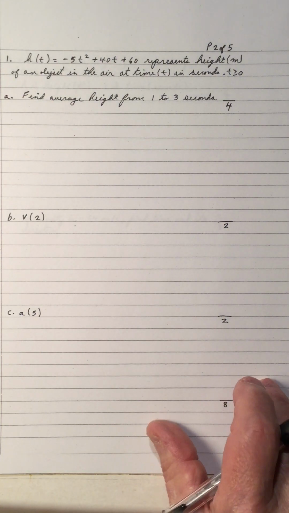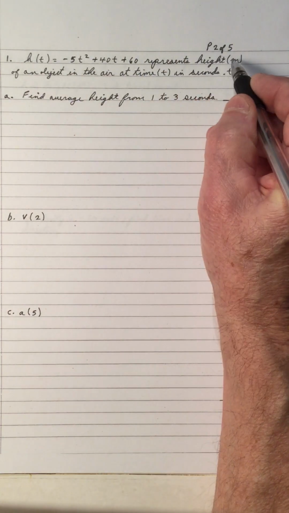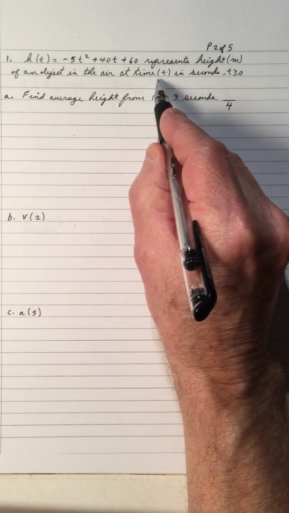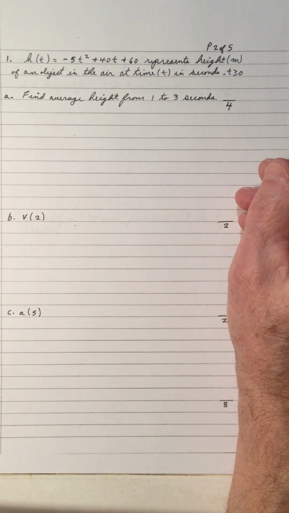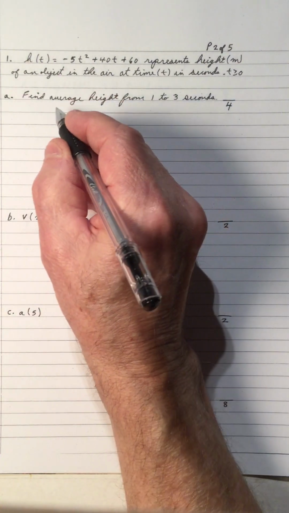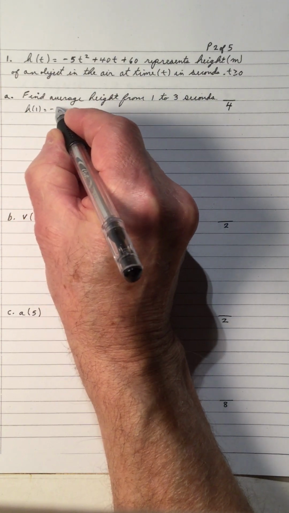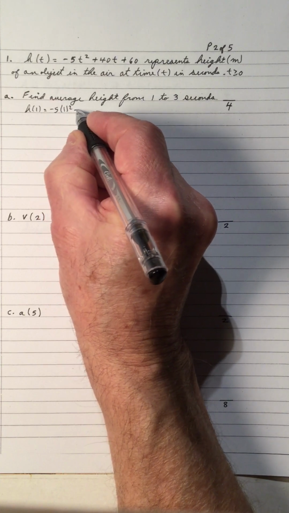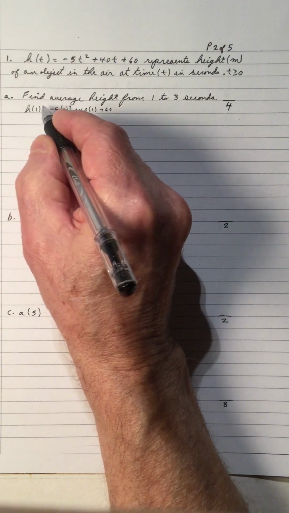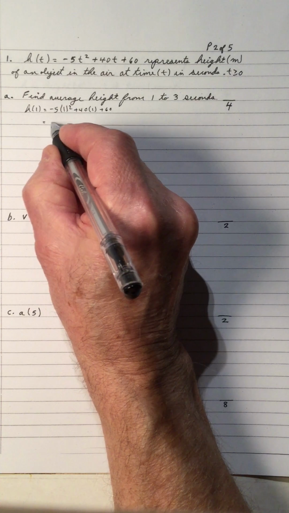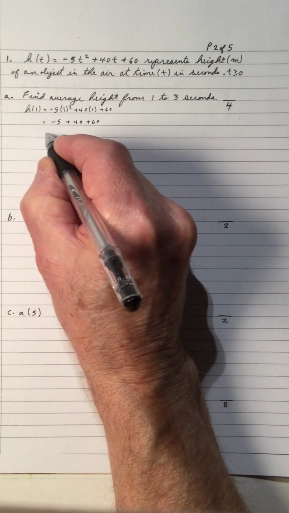Review 1. h of t equals negative 5t squared plus 40t plus 60 represents the height in meters of an object in the air at time t in seconds, and t is greater than or equal to 0. A, find the average height from 1 to 3 seconds. Well, we have a height, so height is h(t), so let's work it out for 1 second. So I'm subbing 1 into the equation, and we get 1 squared is 1, negative 5, 40 times 1 is 40, plus 60, so that gives us